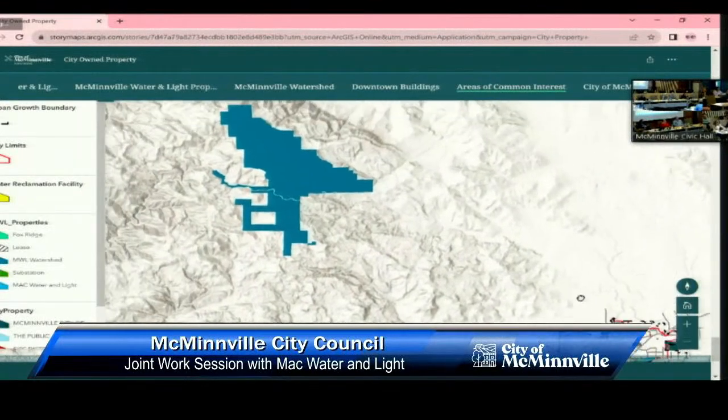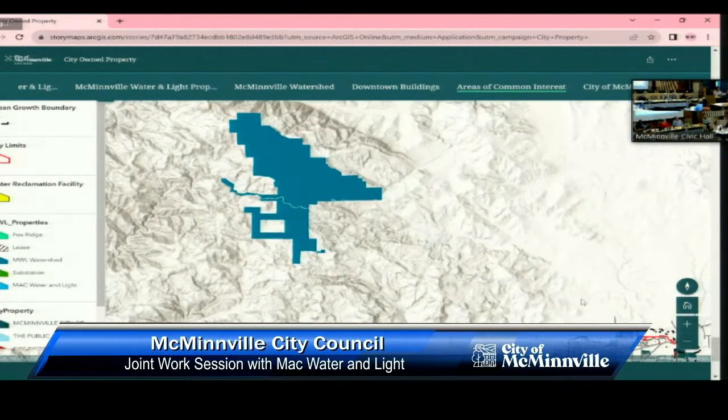So BPA has a 230,000 volt line that runs on the northeast side of our watershed, and then actually cuts through our watershed, and so we logged both sides of that. And actually we did the second logging this year to finish that. And so what we're going to do is a shorter rotation in that area so that we limit the height of the trees, so that we don't have any potential conflicts with that line in our timber. These are trees that were outside of the Bonneville easement that they're responsible to keep down.